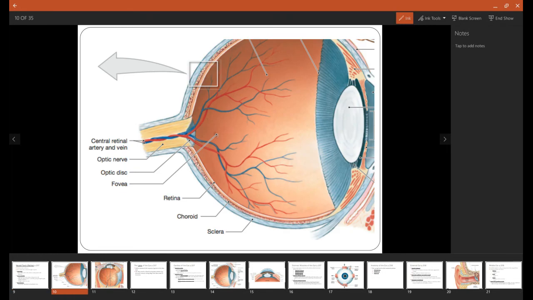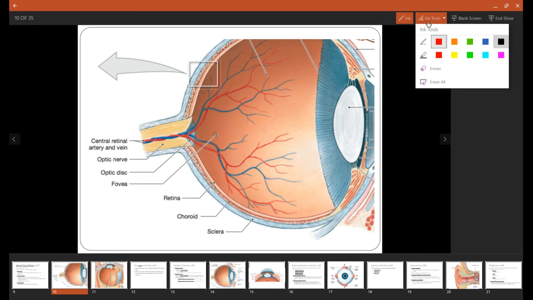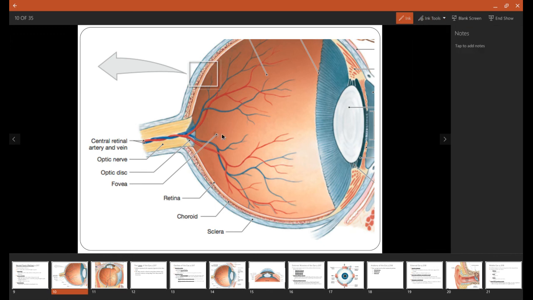Taking a look at a picture, all of this in orange is going to be the retina. We also see the little indentation right here, which is the fovea centralis, and that's where we're going to find a whole bunch of cones. Now, one thing I also want to point out is the tissue that immediately surrounds it. It's not labeled on this, so we'll go ahead and draw it in. But in a circular fashion, just surrounding the fovea centralis is the macula lutea, and so we'll call that M